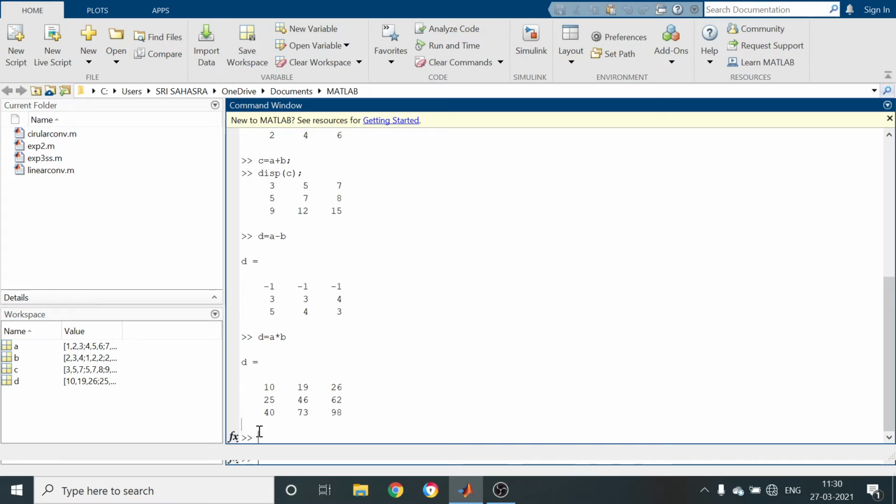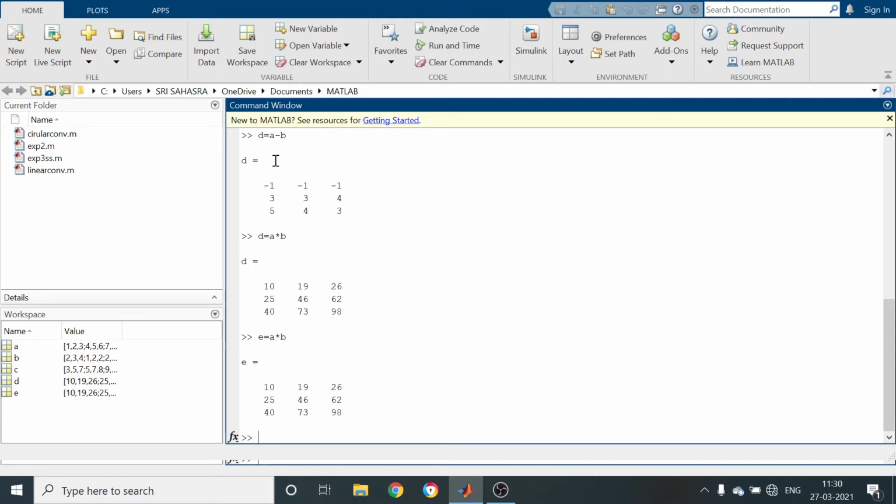So in order to avoid that confusion, I am simply going to use another variable, D equal to A star B. So now what am I going to get? D equal to A star B, also here E equal to A star B. Again I am going to get the same data. But what happened? Again in D, what are we having? The same multiplication only.